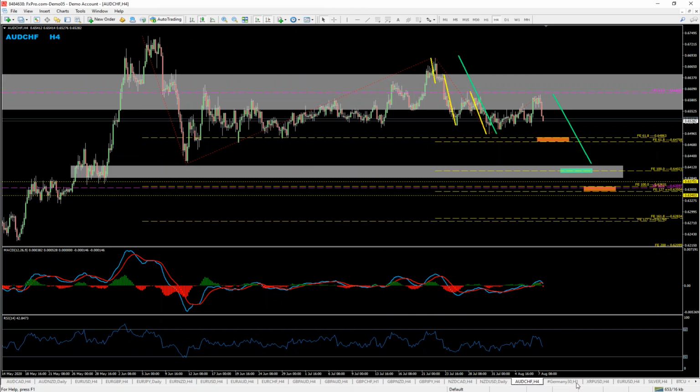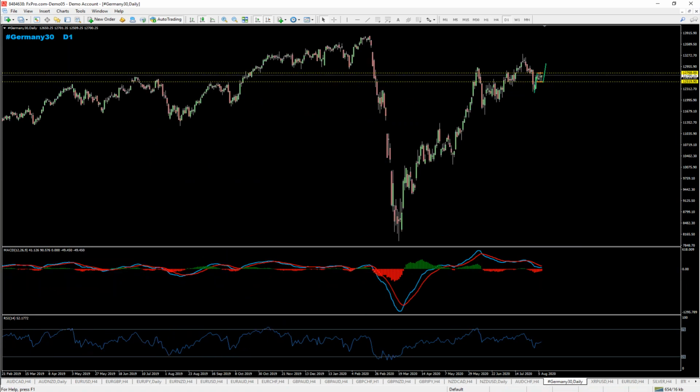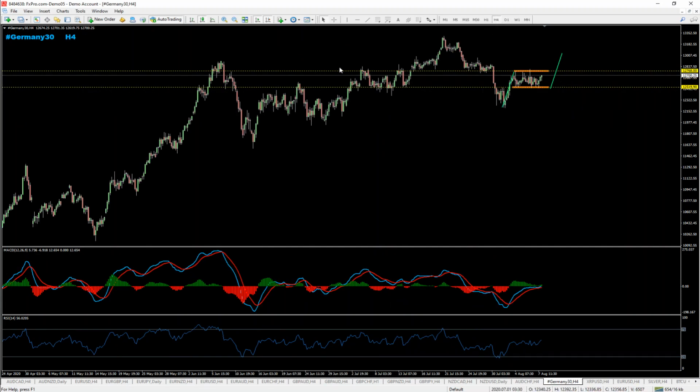I would like to cover the German DAX also, and this one, starting from the daily chart, looks like it wants to give us pullbacks, right? We got the divergence after this bullish structure, so we can be looking and expecting ABC. If we drop to the lower time frames on the 4-hour chart or the 1-hour charts, we did indeed get some kind of impulse here, and this impulse, if we're expecting 2 waves down, is now supposed to give us a pullback to the upside, right? This pullback down,